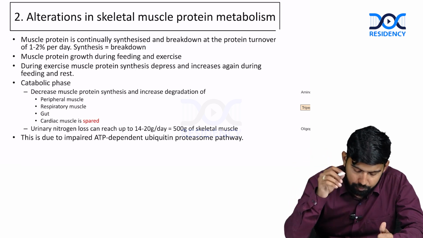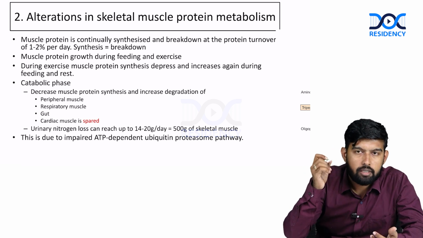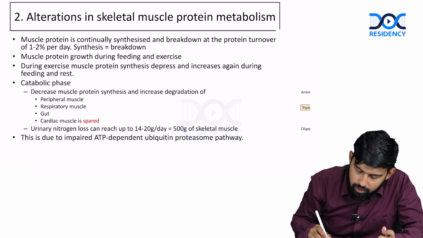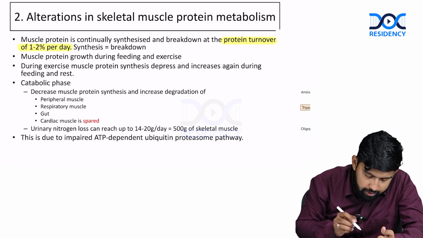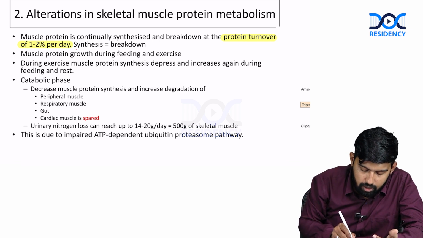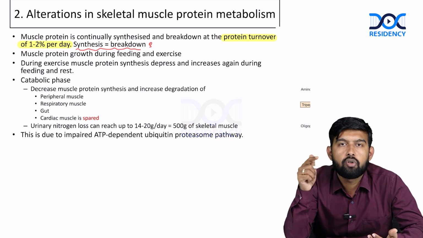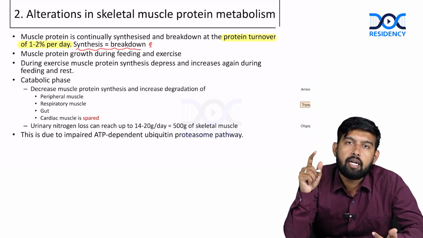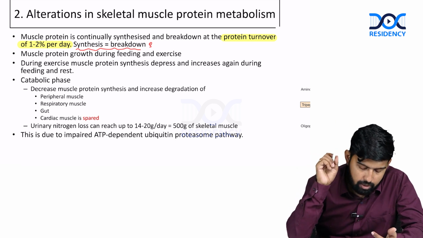So there is a degradation of the muscles, which causes an increase in the protein turnover up to 1 to 2% per day. So synthesis becomes equal to the breakdown. Generally, synthesis should be more than the breakdown, but during catabolism, synthesis becomes equal to the breakdown. So the muscle